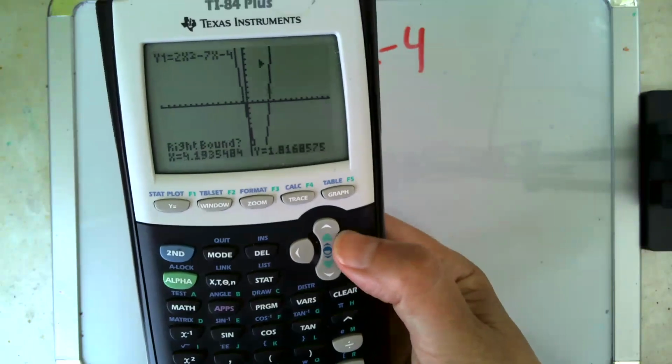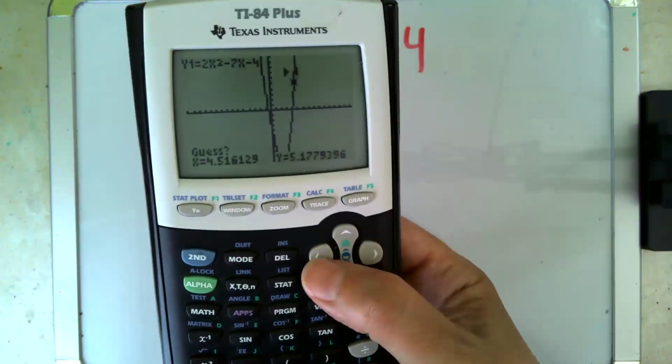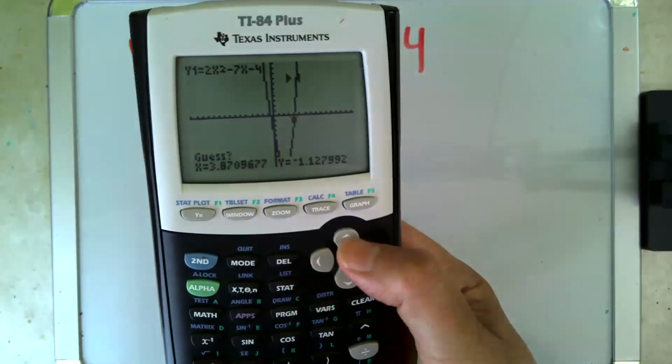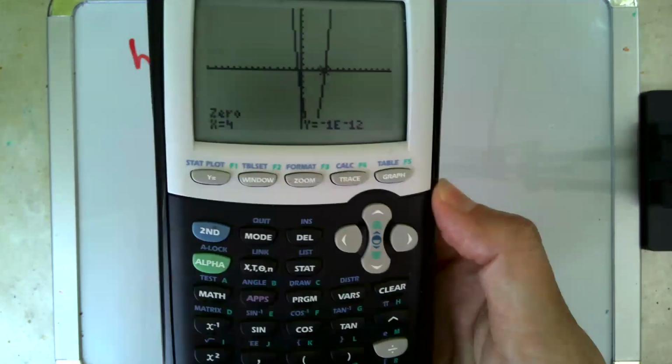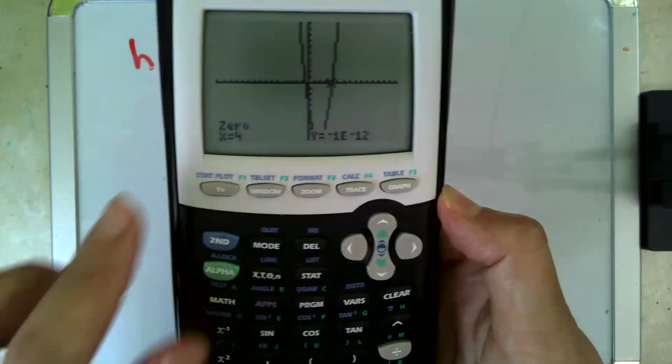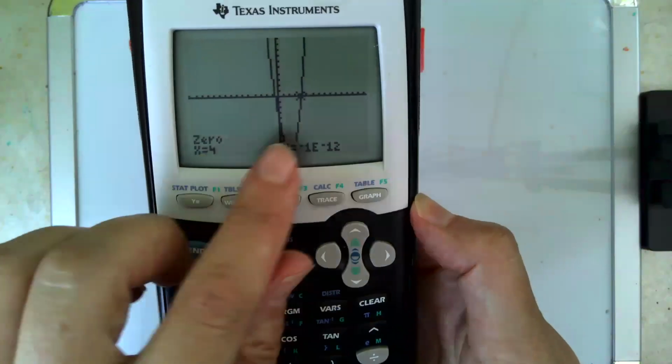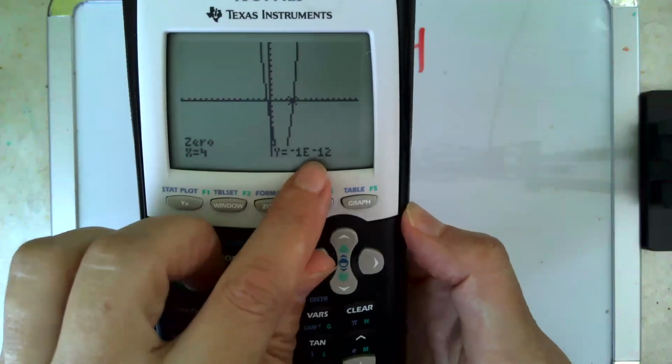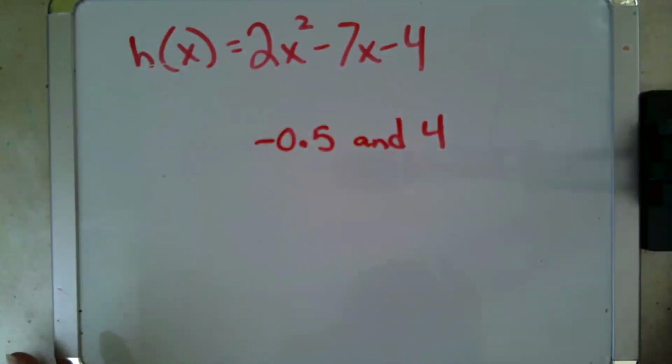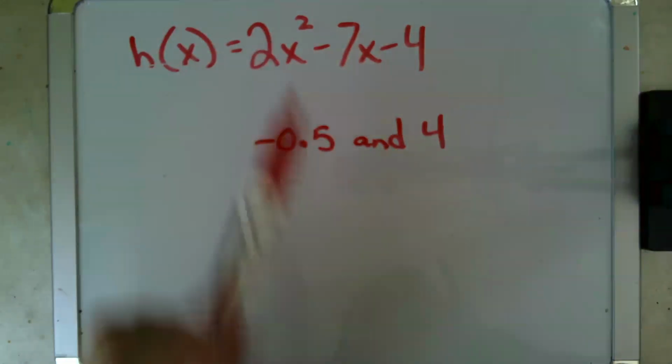My right bound, I need to get above that 0. My guess, I'm going to get close to it. And now it pops out again. The 0 is at 4, comma, really, really small number close to 0. Got it? Now, let me show you if you don't have a graphing calculator and you're given your answer in